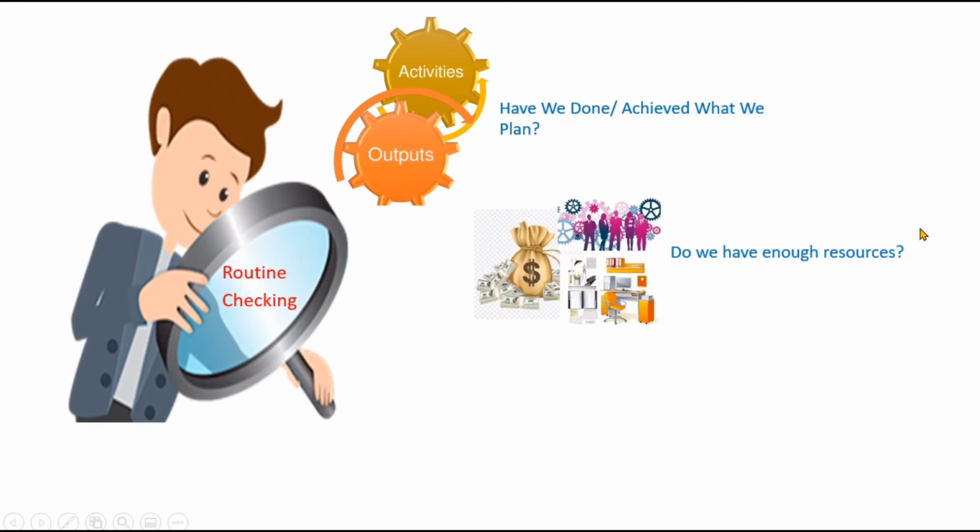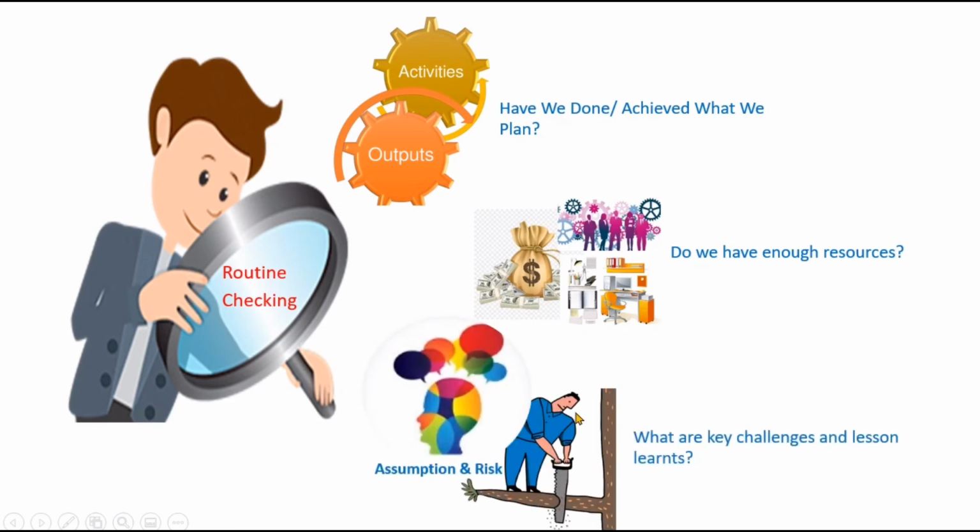Second, look at the resources that we have. Do we have enough resources? Have we utilized all the resources that we have? We also need to check the assumptions or risks. Are there any key challenges that have been encountered, or have we learned anything from